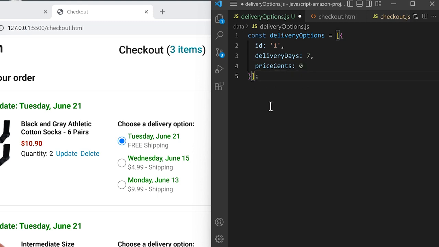And next, let's save the data for the second delivery option here. We'll type a comma and another object, and let's give it an ID of 2 this time. And this one is going to take 3 days to deliver. So we'll type deliveryDays, colon 3, and we'll give it a priceCents, and this one is $4.99, so 499. And then finally, we're going to save the data for the third delivery option, comma, another object, ID of